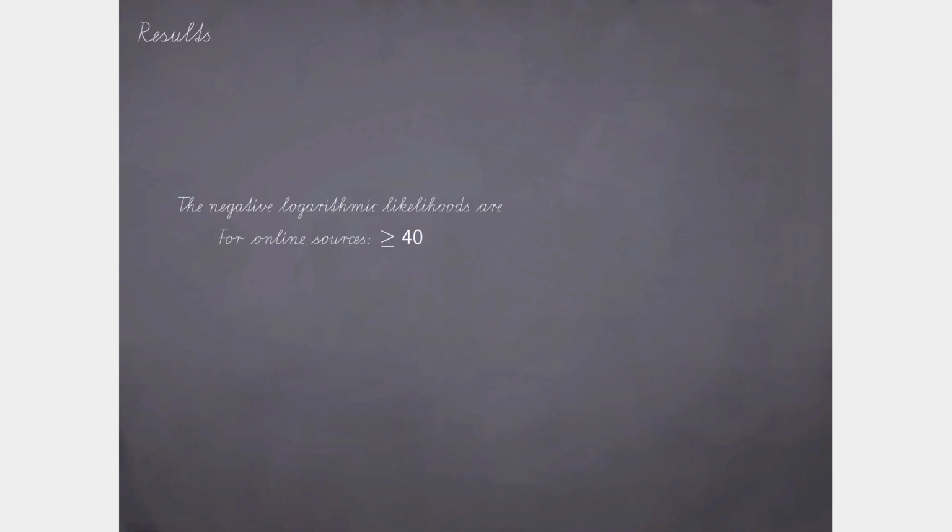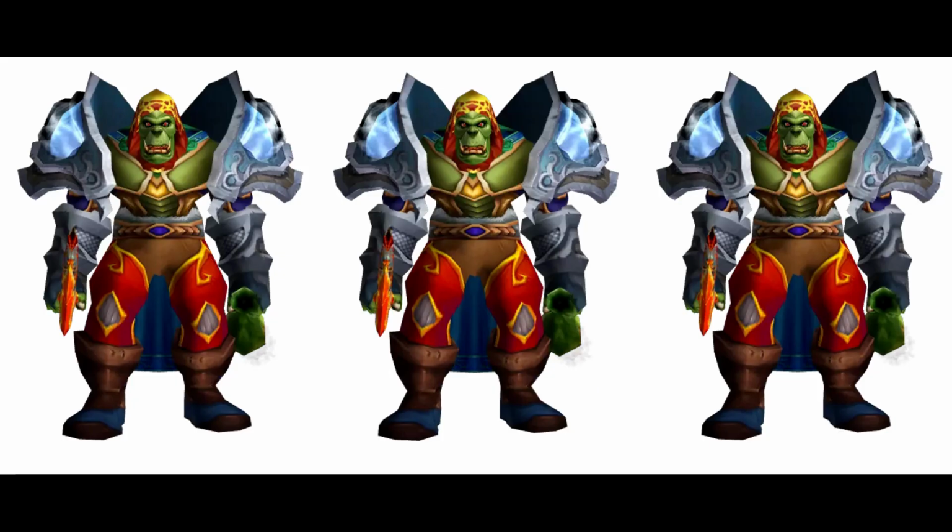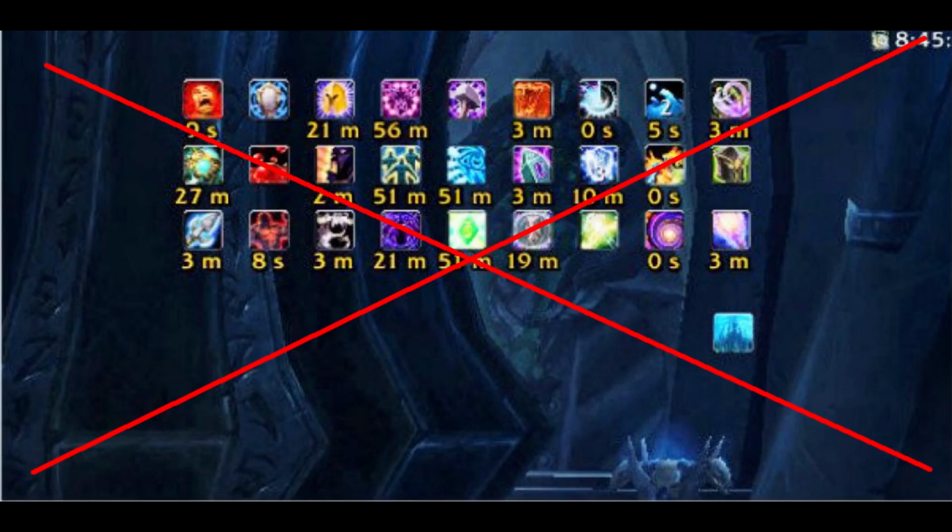Finally, you might like to know the numerical values, the likelihood. Negative log likelihoods for the online pre-raid best in slot itemizations were larger than 40. The final result for the Night Elf was 37.424 and for the Tauren 36.955. And this means rhetorically, poetically, practically and in every other fancy way a success rate of 0% if there is only one player healing the tank during phase 2 and the tank does not get any raid buffs.